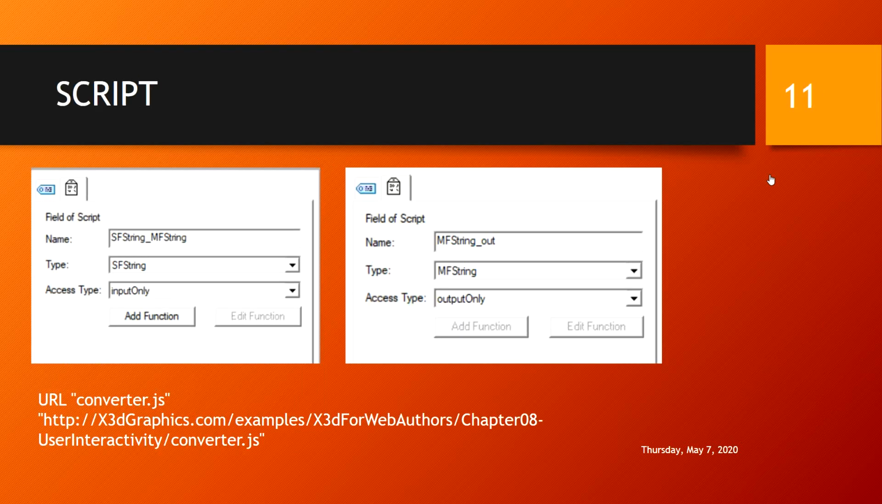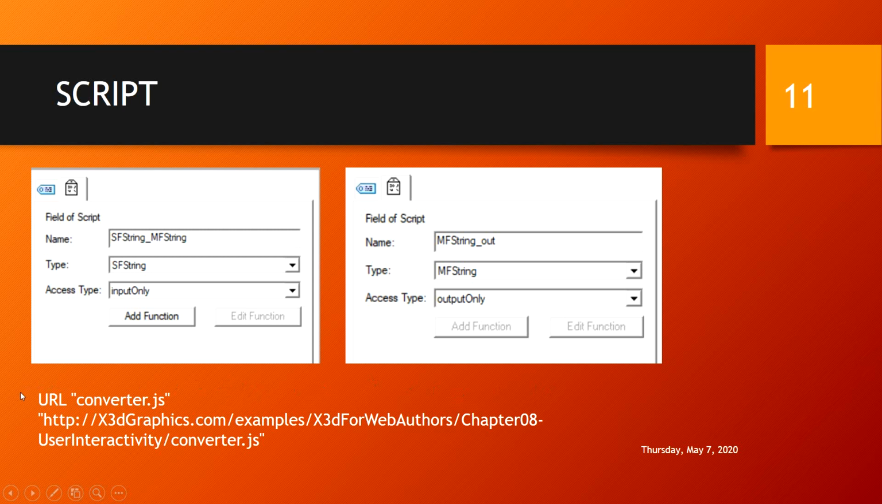Then we will be creating the script. Now in the script there will be two fields. The first field is sf string underscore mf string. The second field will be mf string underscore out. In addition to that, there will be 3 or 4 more fields, for which I haven't made slides, and